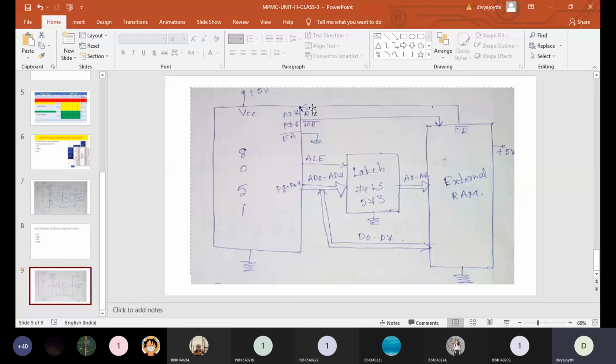So this is read bar, write bar, and the DPTR register in the programming. If you add these three points to the explanation of interfacing of ROM, the explanation for interfacing of RAM will also be done. So this is how the 8051 microcontroller can be interfaced with external data memory and external program memory.